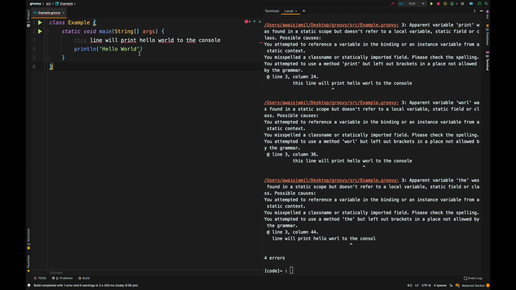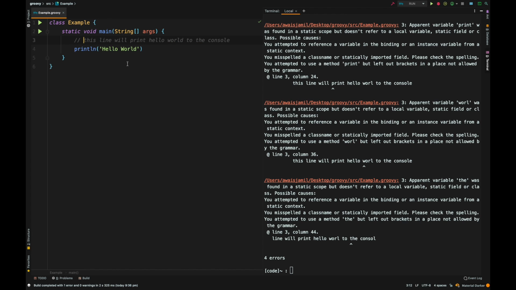Comments are a common concept in pretty much all programming languages. Comments allow you to write some text, a message, a paragraph, or some explanation about the code. The way you define comments, first let me mention there are single line comments and there are multi-line comments. So here we have a single line, so I can define a single line comment. The way you define that is by prefixing your line with a double forward slash this way.